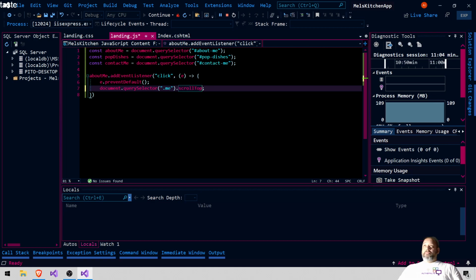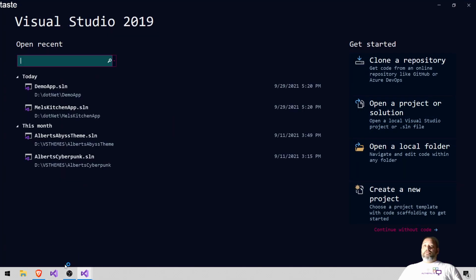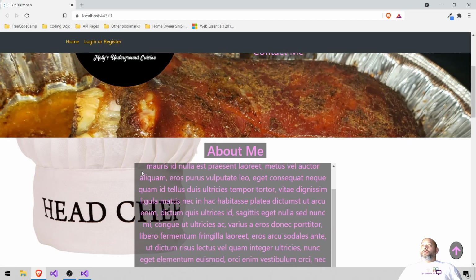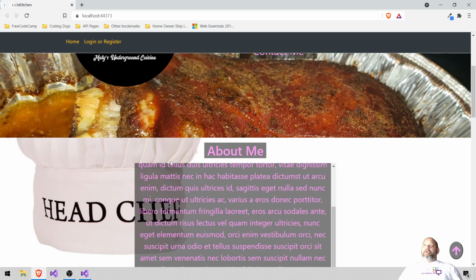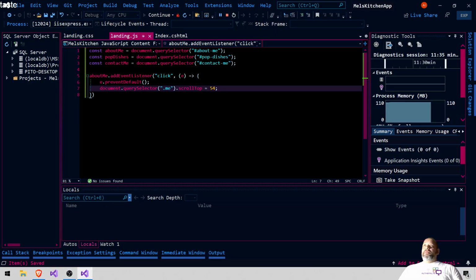Scroll top gets 0 plus, gets plus 54, gets 54 from the top, right? That's what I think it means. Let's find out, man. Oh man, I didn't want that. Cancel. Nope, that's not what it's doing. I mean, I can make a pattern of some measurement here, but give me a second. I believe I've done this before, so